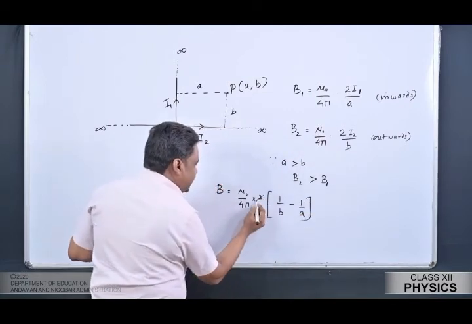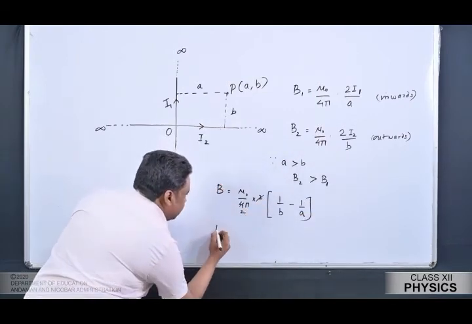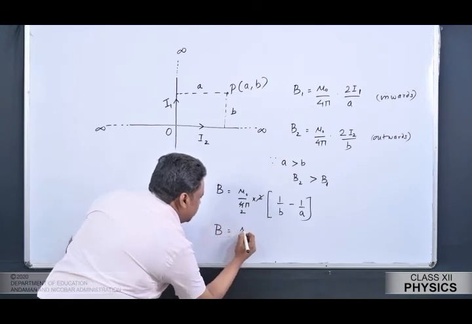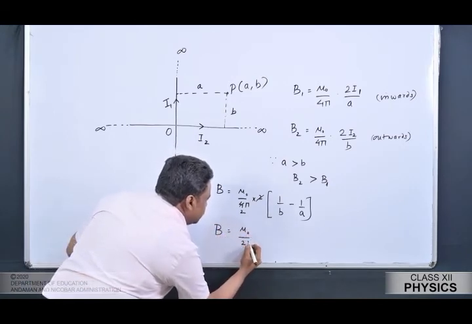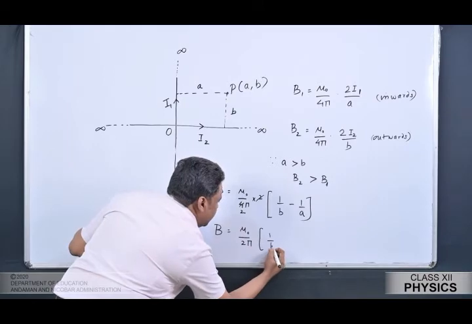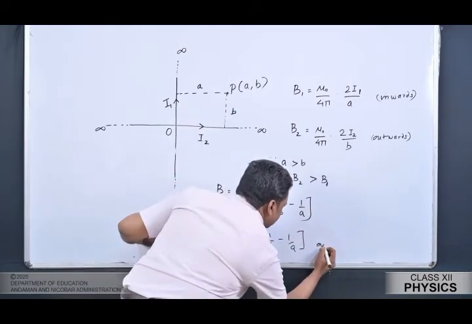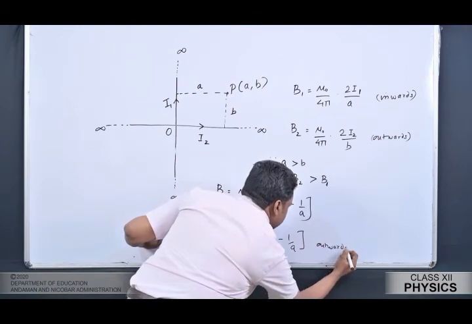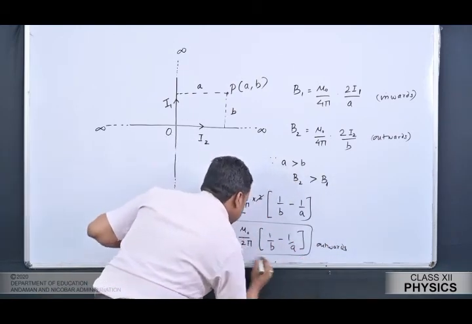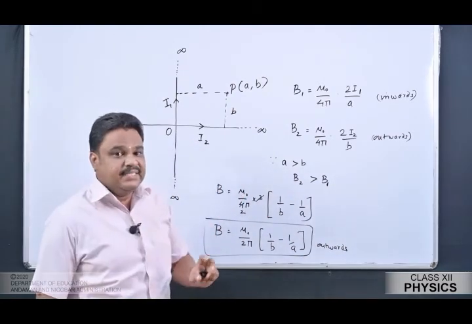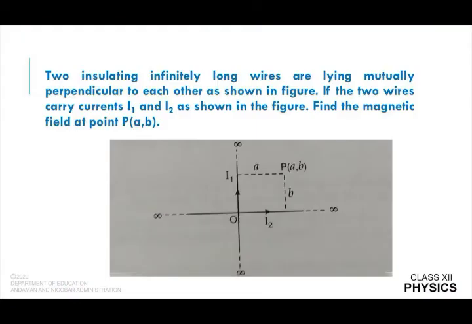Can do the simplification, it comes to B. So what is the net magnetic field? B is equal to mu naught by 2 pi into 1 by B minus 1 by A, where it acts outwards. So once again, what the question says: two insulating infinitely long wires are lying mutually perpendicular to